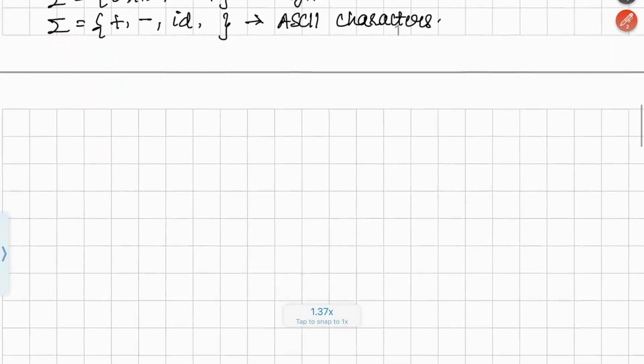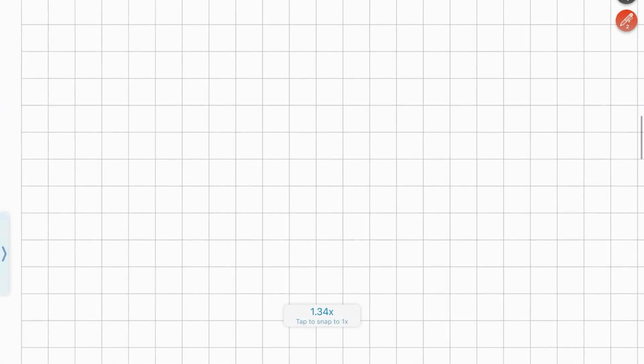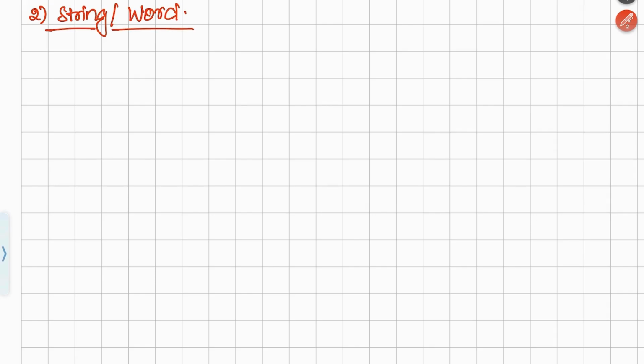Okay, moving on further, the next topic which we come across is string. String is also called word. So if you come across string or word, understand it is the same. Explaining, string is a finite sequence of symbols which are chosen from the alphabet. It is a finite set of symbols which are chosen from